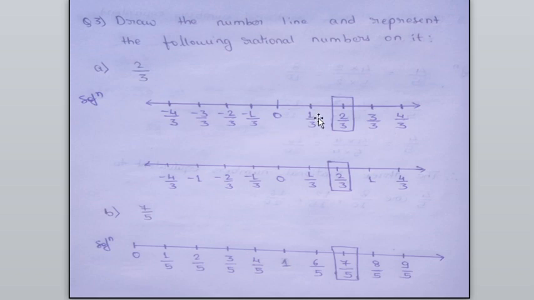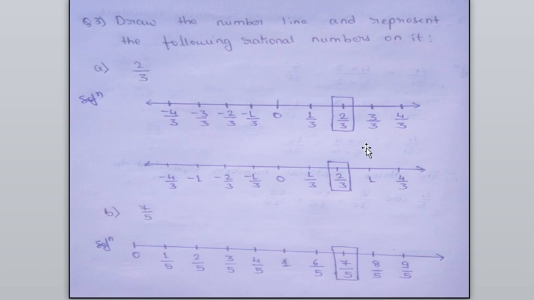So here we will place first 1, 2, 3 and 4 and so on we can take, and then on the left side we will place -1, -2, -3 and -4. Now the question is given 2 by 3. It means the denominator is given here as 3. So here we already placed 1, 2, 3 and 4. After that we will write the denominator as 3, that is 1 by 3, 2 by 3, 3 by 3, 4 by 3, and on the left side also minus 1 by 3, minus 2 by 3, minus 3 by 3 and minus 4 by 3.